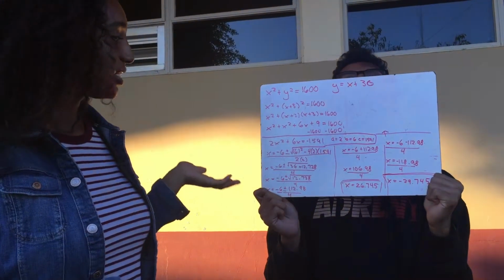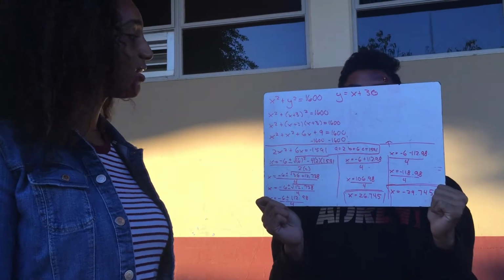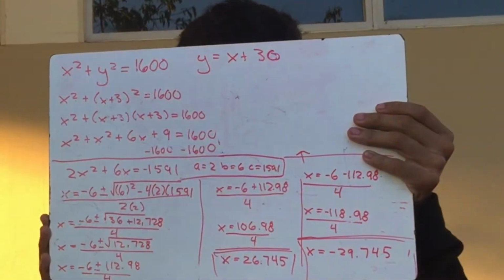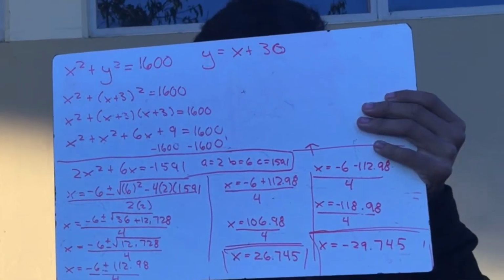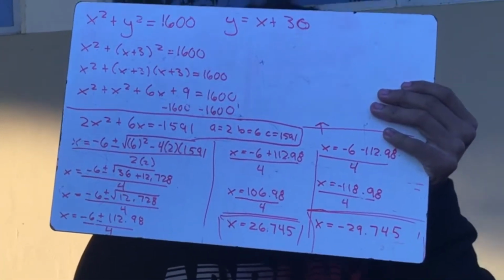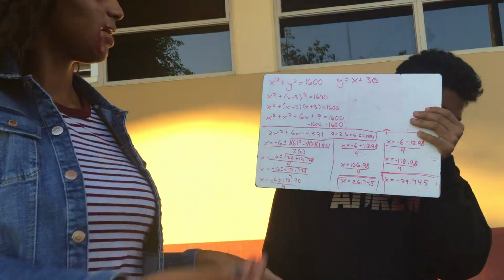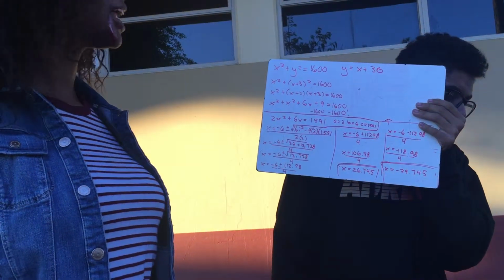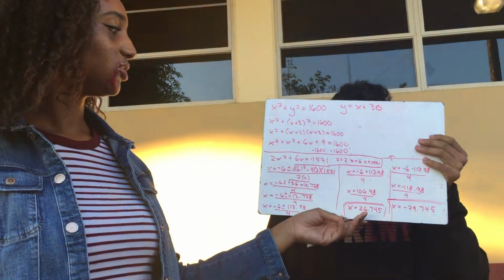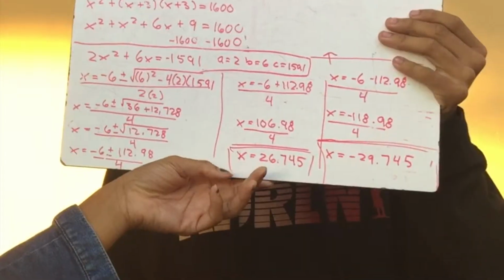So that reduces to x equals -6 plus or minus the square root of 36 plus 12,728, and then over 4. And then you simplify your work and you get x equals -6 plus or minus 112.98 over 4. With the plus and minus, you would get x equals -6 plus 112.98 over 4, and that goes down to x equals 106.98 over 4,